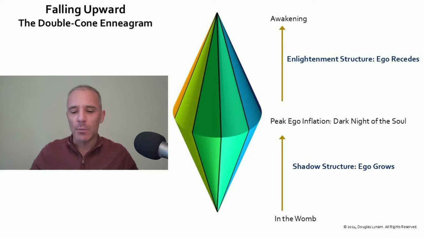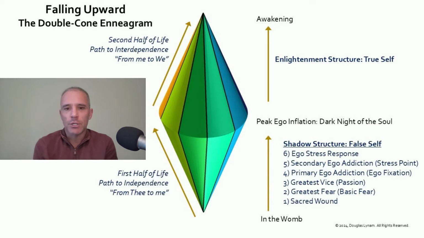And now let's look at it with a little bit more detail. So here we are. We've got the shadow structure here on the bottom. We covered that previously. This is really what we might call the false self. And it's not bad. I'm not trying to put it down, but it's something we need to mature out of if we want to enter into,